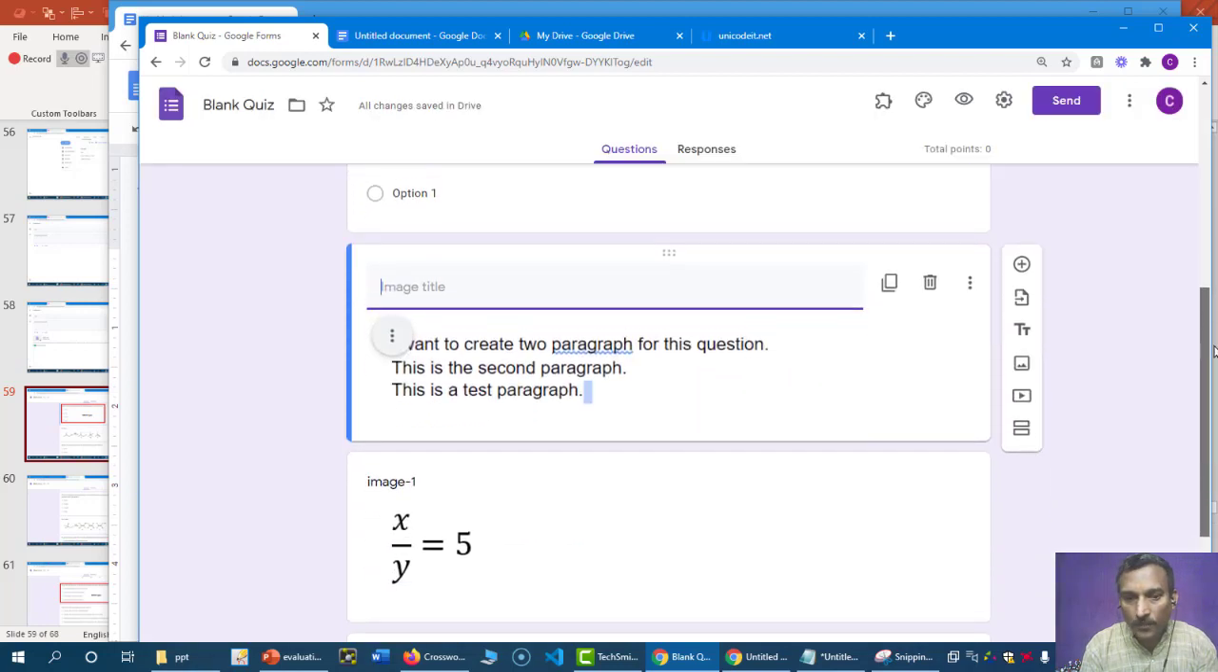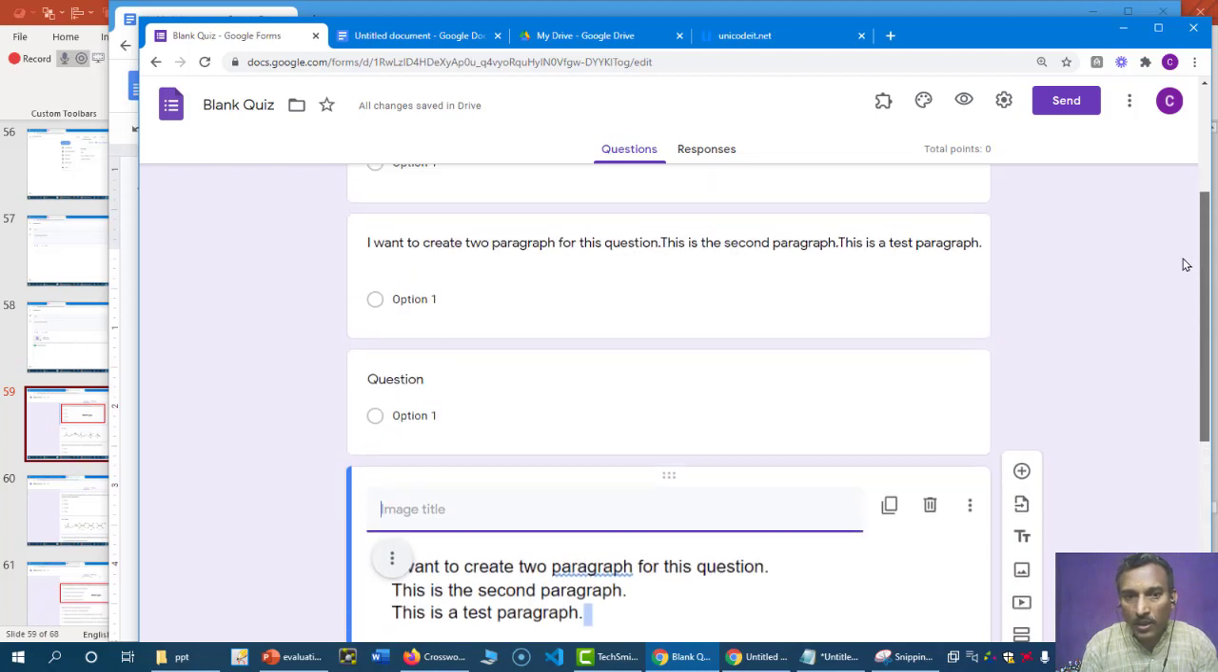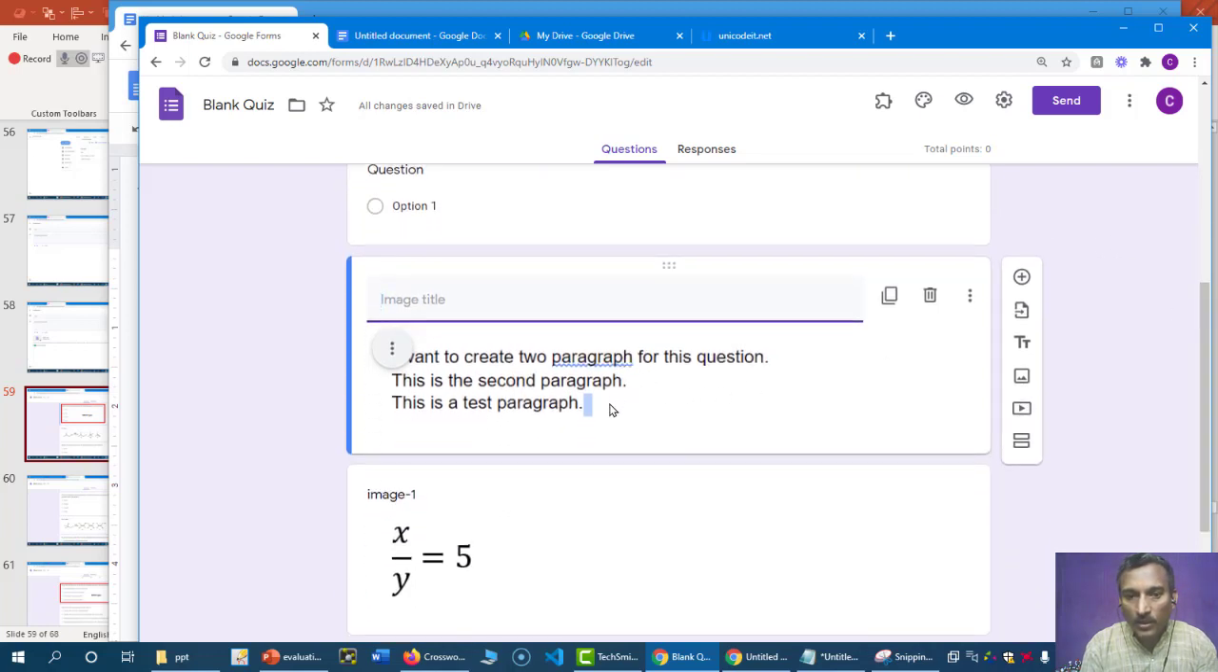Now you see, whatever way I have typed in the Google document, the same is coming up as it is shown here, not in the continuous font as shown here. I want to create 2 paragraphs for this question. If you look at here, the entire thing comes in a single line, but here all the things are coming in a separate line. So this is if you are unable to make paragraphs by directly typing here into the Google Forms,